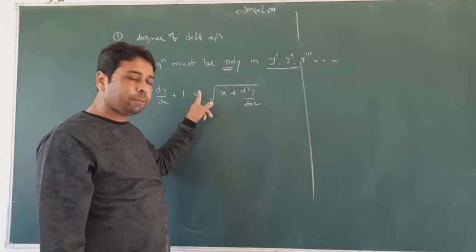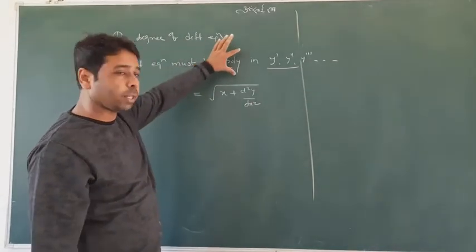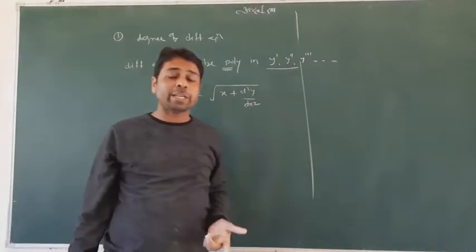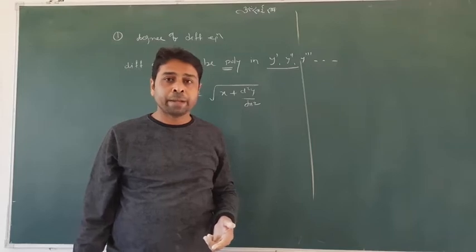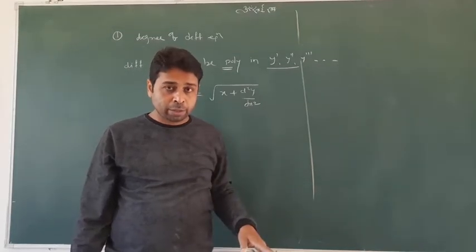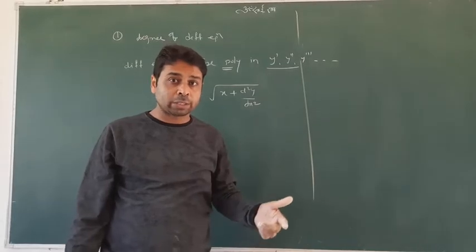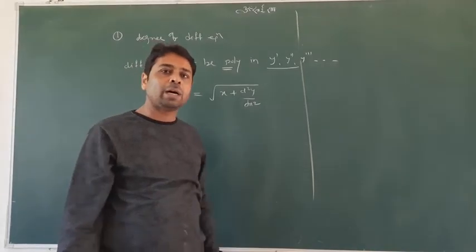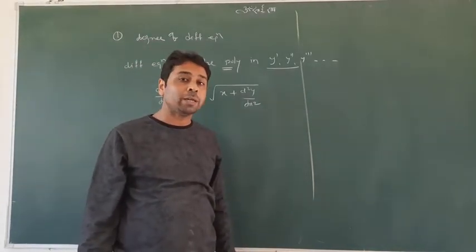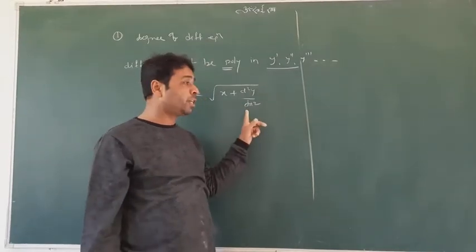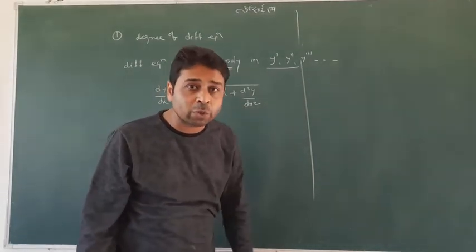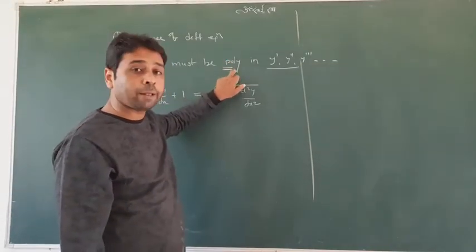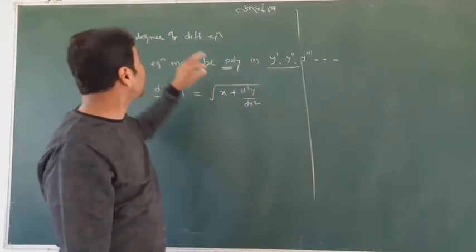But can you see there is a root sign? It means the whole is not a polynomial. In the meaning of polynomial, dy by dx, d square y by dx square should not come in a root sign, should not be a fraction power, and not be with a trigonometric function like sine or cos. Only y may be in a root sign, or with sine or cos. But d square y by dx square, d cube y by dx cube, dy by dx, they are all derivative sections, and they should follow the condition of a polynomial. This is not a polynomial. We cannot find a degree.